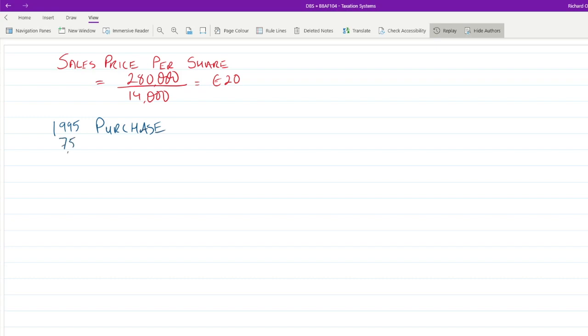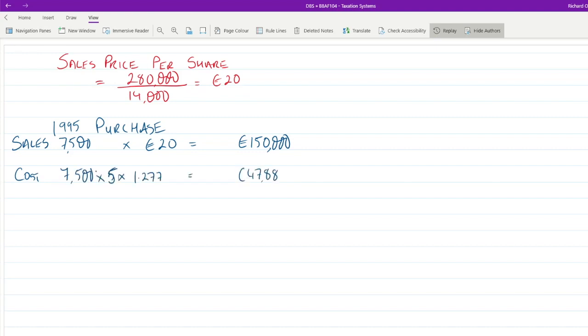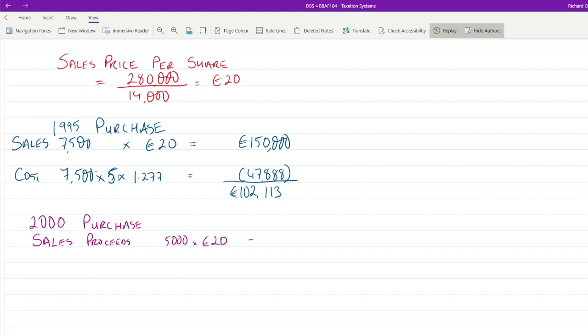Sales price for the shares is €20, and therefore we can work out the sales price of each tranche of shares by multiplying the number of shares by the amount. In addition, we can work out the cost to us by multiplying them by what we purchased them for, but we'll also use the indexation that's allowable for capital gains tax. So for 1995, that's 1.277 for the 7,500 shares and 1.144 for the 5,000 shares,